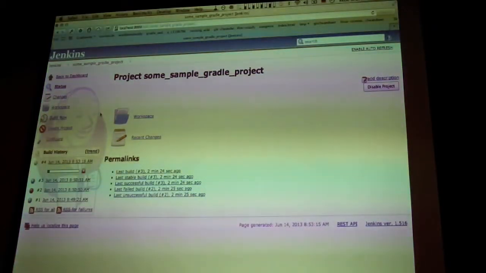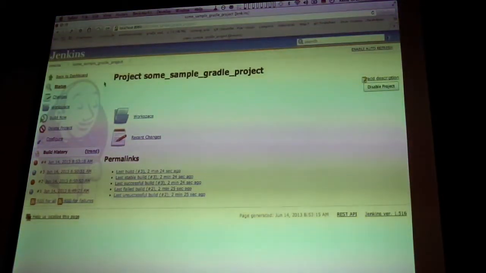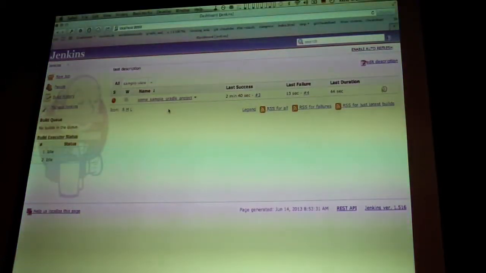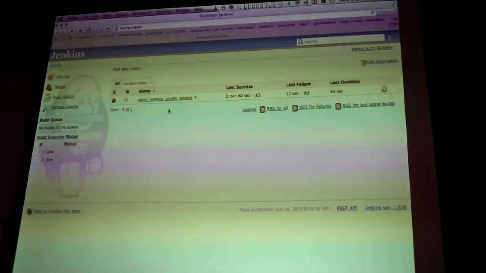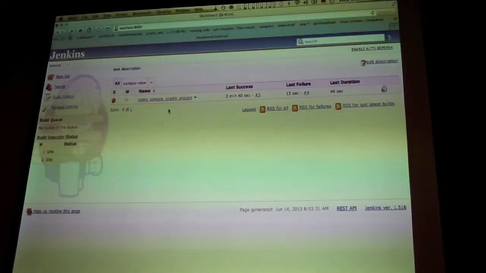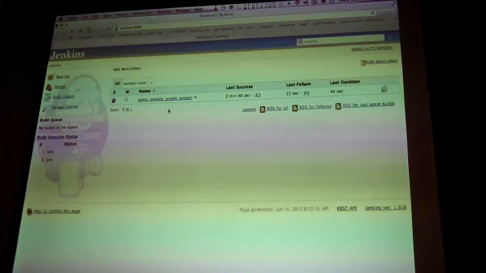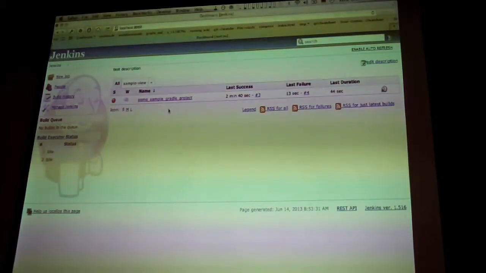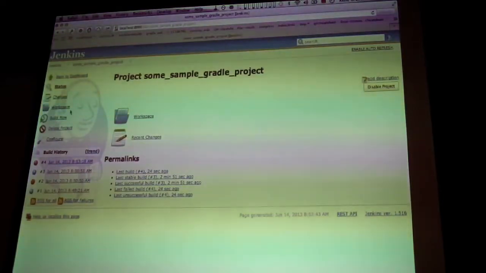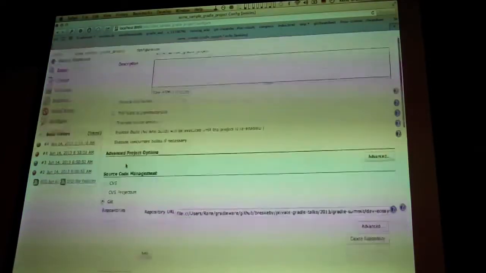One thing I miss when using Jenkins is that I still have a problem with the UI. I think it does not provide enough information for the developer, or maybe for the developers, but I was asked by some project managers, and they want to have an overview, and they want to see if the build is red, why it failed, and you can't see that at first sight because you just have this red icon. What I did is I customized Jenkins to deal with this better, and what I use for that is